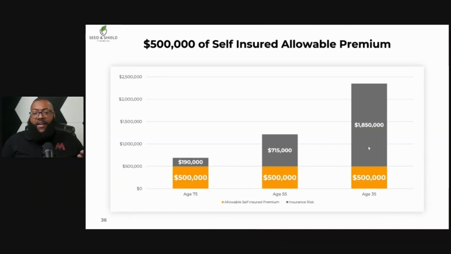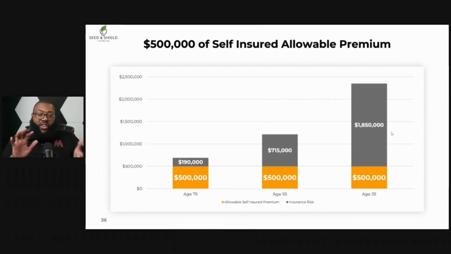And then the person who's 35, we're really raking in the dough at that point, they can actually get $1.8 million of insurance on top of what they have. But again, over time, the goal of an IUL is to have as little insurance risk as possible, because then your cost for insurance is as low as possible. So you can all look at this from different viewpoints. This person right here is paying less or actually equal to the same amount of insurance. A 75-year-old paying $190,000 in insurance is paying nearly the same thing as someone paying 1.85 for a 35-year-old.